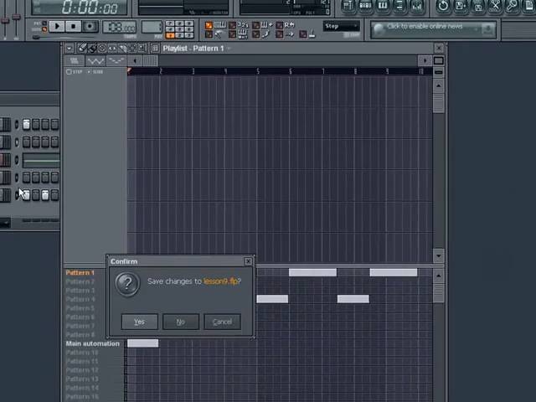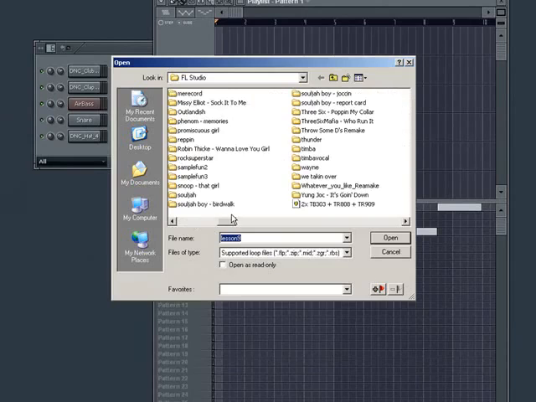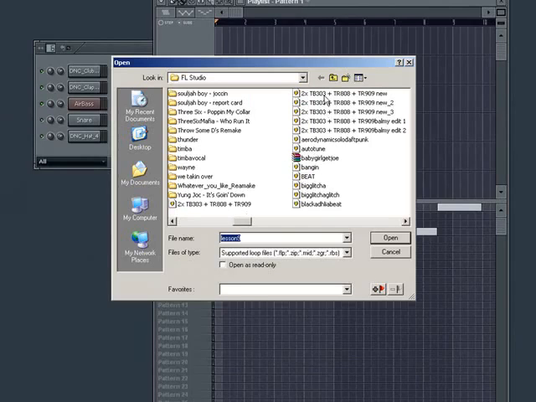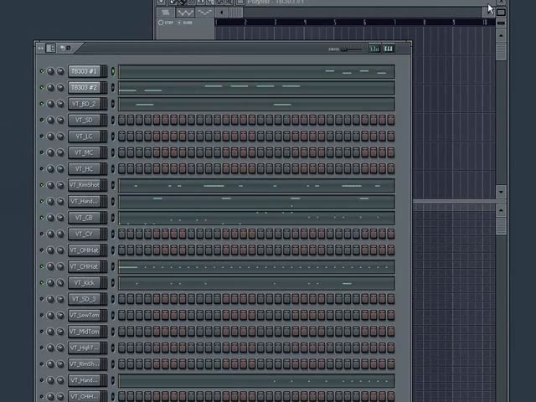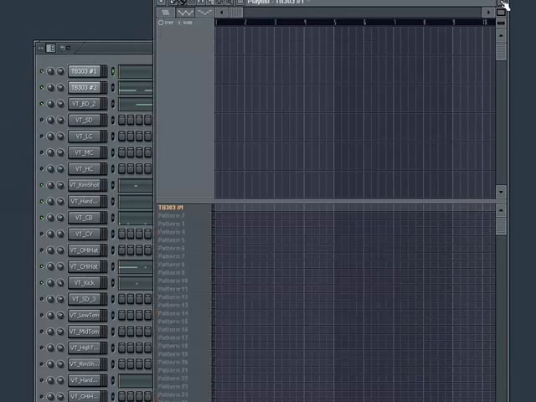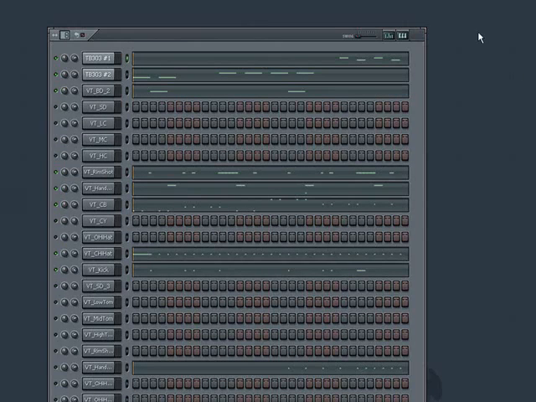Another much simpler and lesser known method is to make a song from one pattern. To show you this, I'm going to first close this project and open a previously created pattern. If you create a pattern that includes all programming that you want to use in your final song, as I've done here,